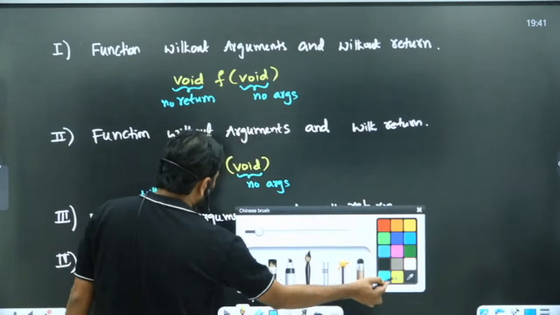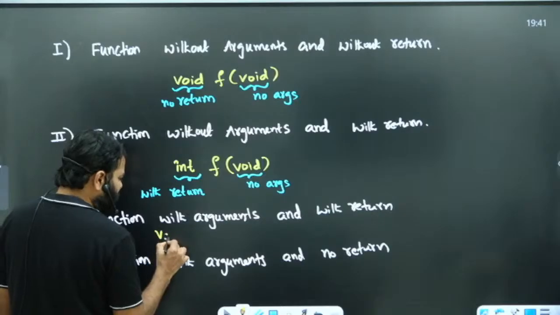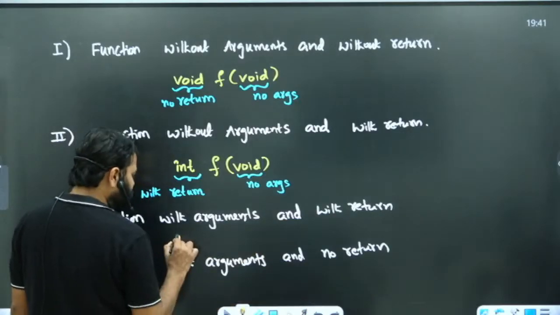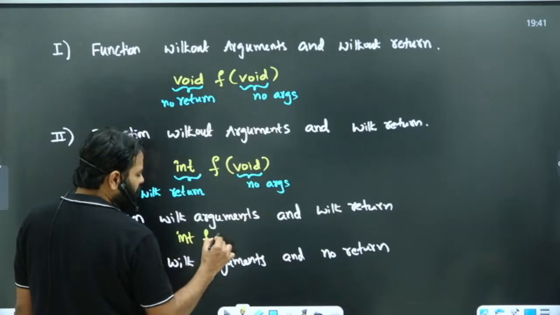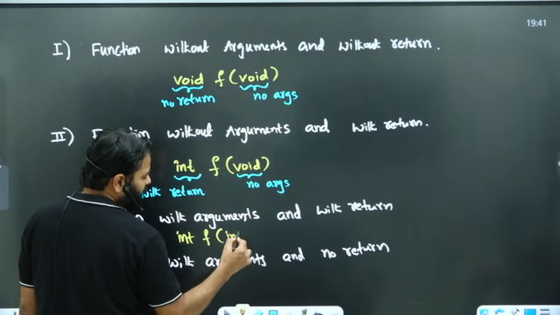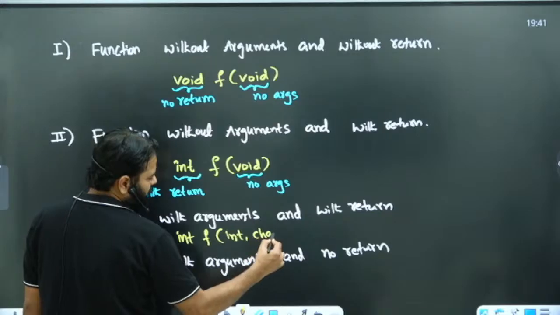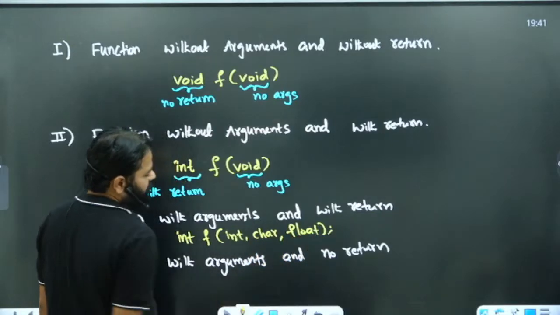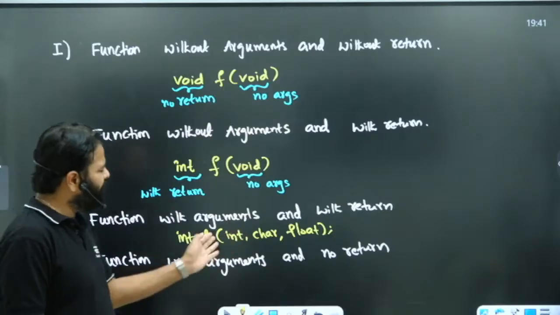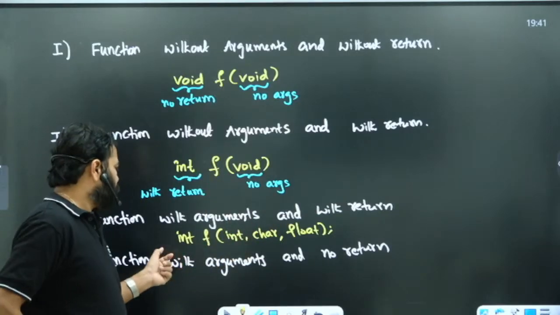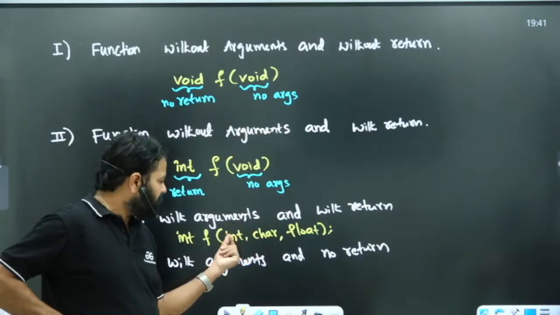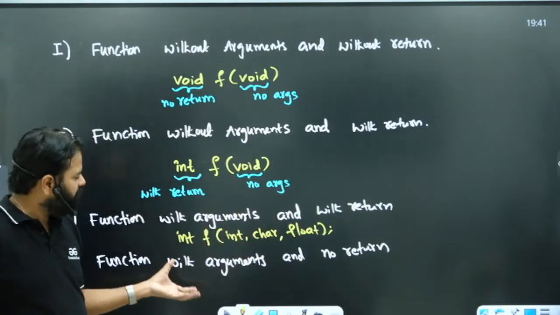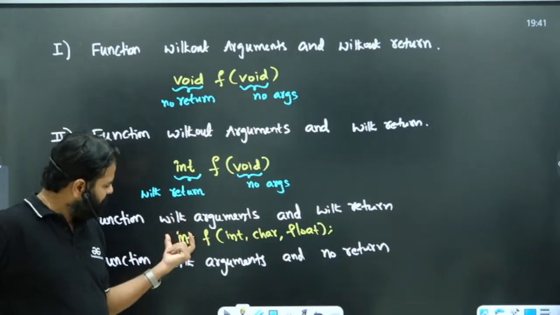राइट, यहां पर हम देख लेते प्रोटोटाइप कैसे दिखता है। विथ रिटर्न, राइट, विथ रिटर्न। सो लेट्स टेक इंटीजर f with arguments, right? Let me take one is integer, other is character, other is float, is your choice. So I have 3 arguments. I can have even all integers also fine, right? There are 3 arguments where first argument is integer, second is character, third is float, and after executing the function it will return integer value. So this is the return type.